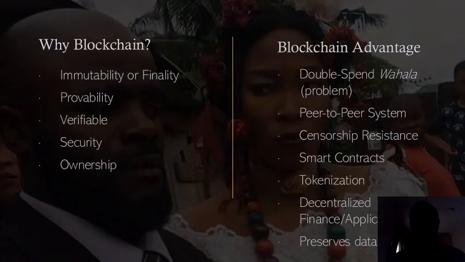All right. So why blockchain? Blockchain offers immutability and finality. Don't mind my background picture. I used that picture in my previous slide to illustrate what blockchain is all about. So, why blockchain? Blockchain has immutability or finality. What that simply means is once data is sent to the blockchain, it stays there. You cannot tamper with it.